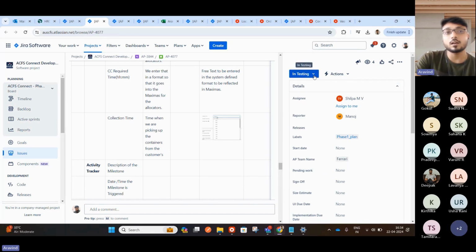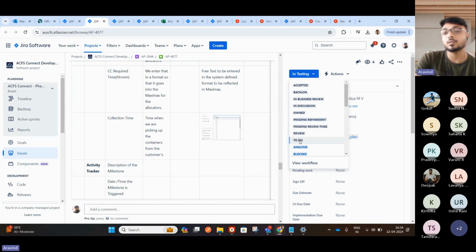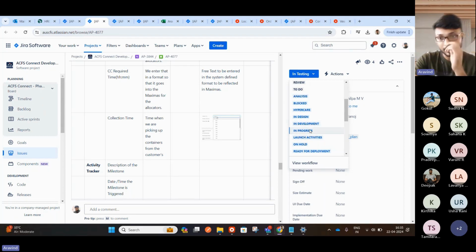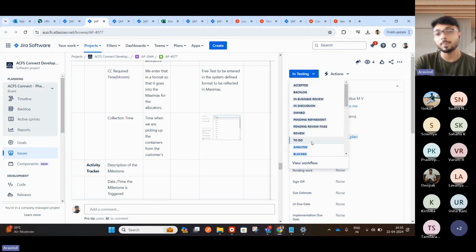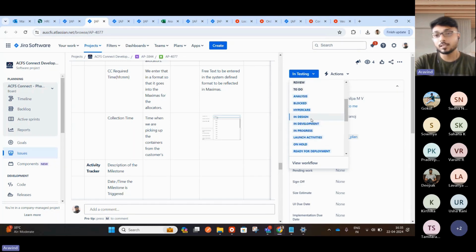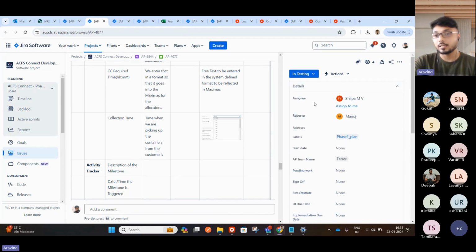Let's say at the initial stages, the status will be backlog or to do, right? To do means we are going to do it, or it's not yet started. If you're starting it, it should be in development or in progress, something like that. These statuses, your Scrum Master will configure in each Jira, so it might not be the same status for all the projects, right? I'm just showing this current project. So you have to change the status first. The assignee should be mandatory, and then